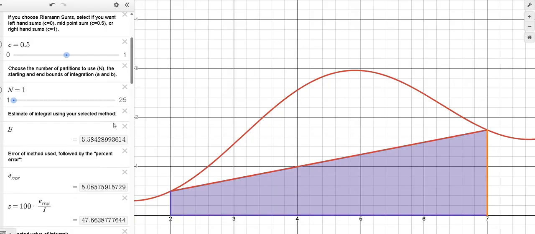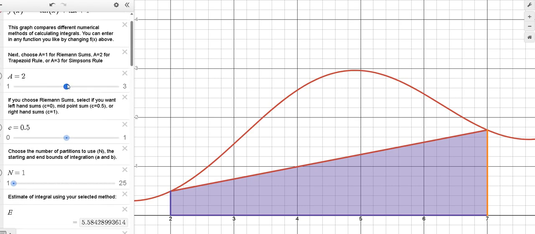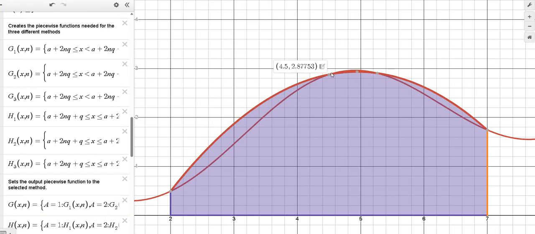But we can also do things with Simpson's rule. And let me choose Simpson's rule. Without describing anything, does Simpson's rule look like it's a better approximation? What you're doing with Simpson's rule is you're fitting a parabola to 3 points on this graph. So once you fit that, then you run a parabola through it, and yeah, you can get a pretty good approximation